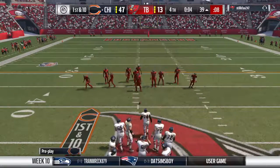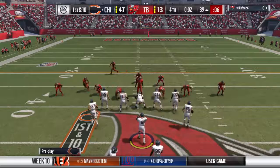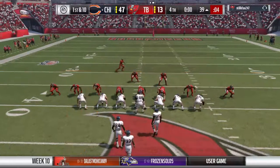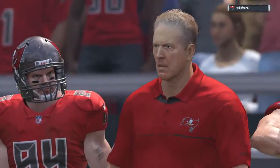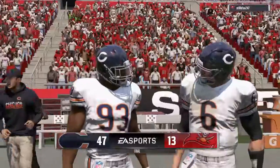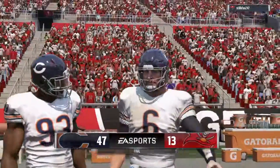And the D-line pinching together must be expecting the run. Well, Charles, it's one thing to win. It's another thing to win and put up the amount of points that they did. Boy, were they clicking on offense. They can't help but